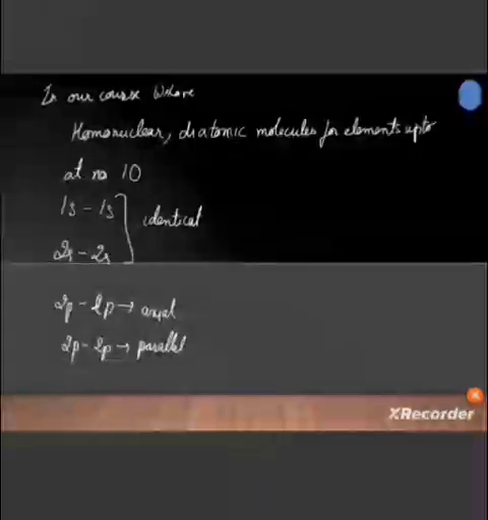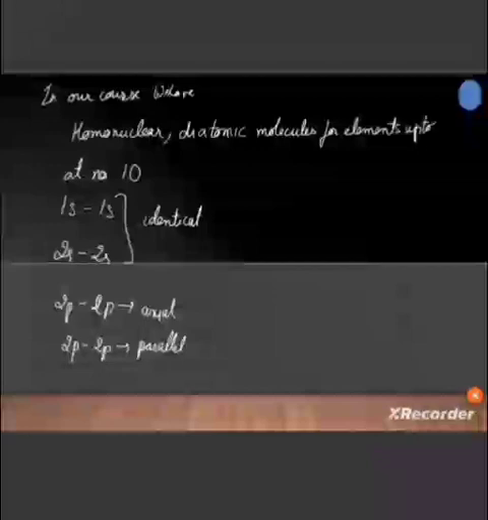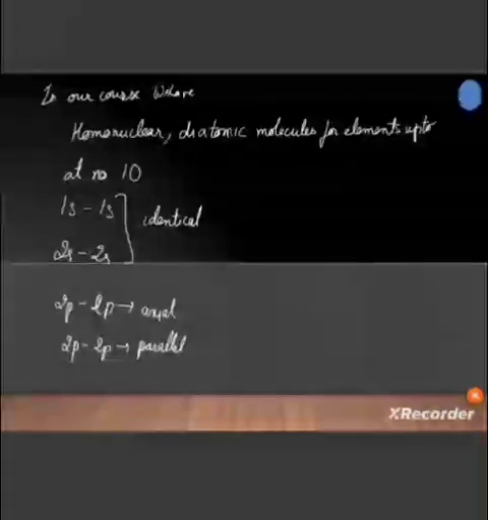In the same manner, 2s and 2s orbitals combine to give sigma 2s and sigma star 2s, and